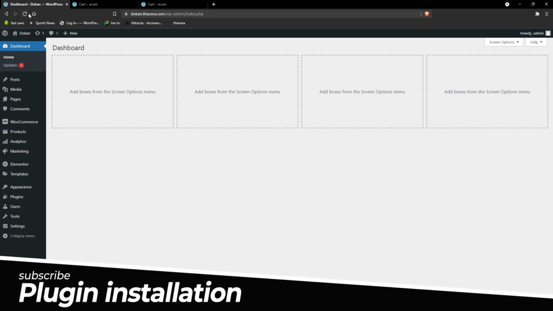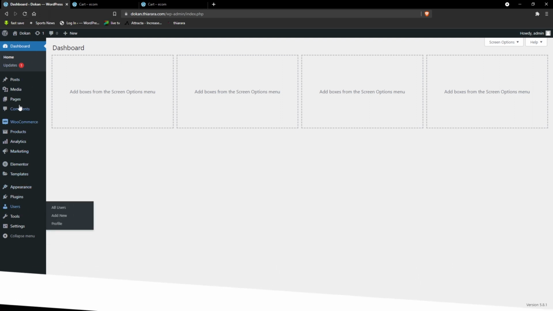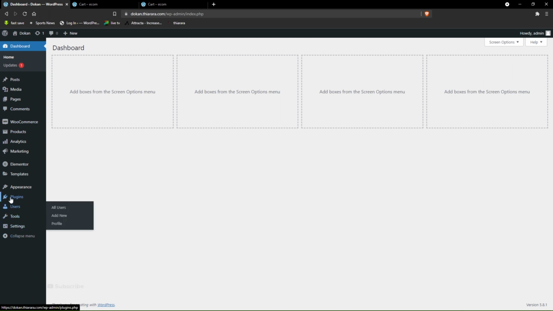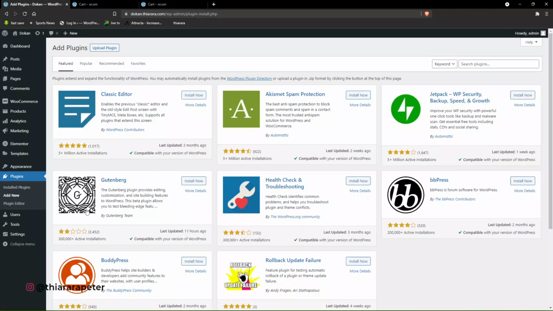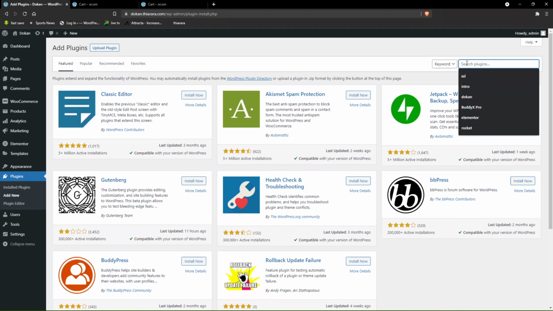So the first thing we need to do is get to the dashboard, and on the dashboard menu, scroll to where you have the plugin on offer. We have these three options. We need to install a free plugin for us to be able to add the variation. So on the plugin repository, we need to search for a plugin. The plugin is called